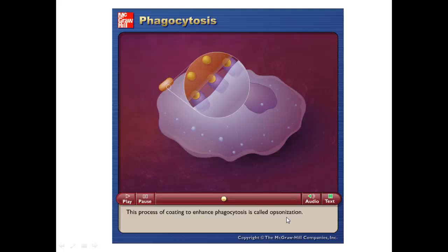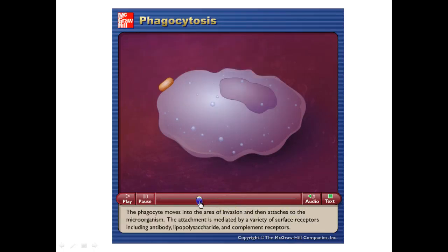But there are other things that they can recognize, right? They have other receptors. So notice that they said things like lipopolysaccharide. And you guys remember gram-positive or gram-negative bacteria have that. Lipopolysaccharide is part of the outer membrane. Gram-negative bacteria have that. And so these are general characteristics about bacteria. That's not very specific to E. coli per se, right? E. coli has lipopolysaccharide because it's gram-negative, right? But our system isn't necessarily targeting it because it's E. coli, it's targeting it because it knows it's a bacteria, and that we know that it therefore could be